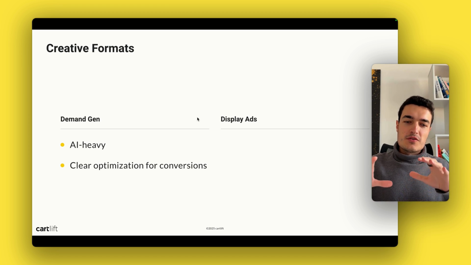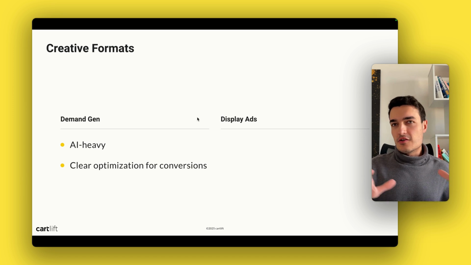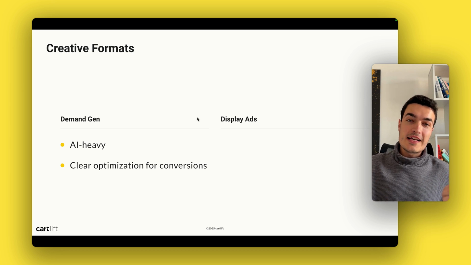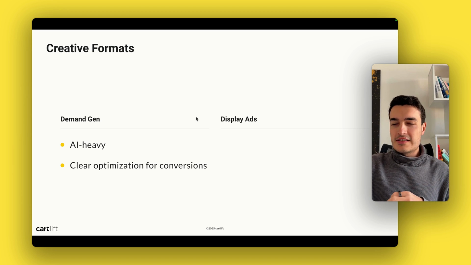So if you master direct response with demand gen, having great images, having a good landing page that is focused on direct response, and then maybe combining it with retargeting ads from display, that is exactly how you can get the most out of it. And that's very important because most brands that we work with, regardless of whether they spend $10,000